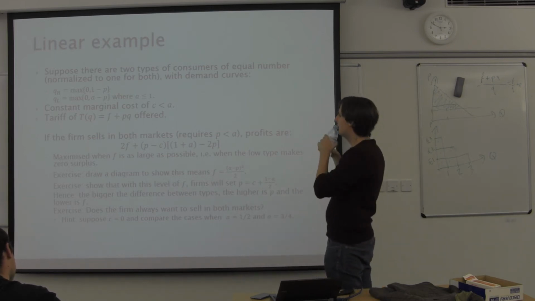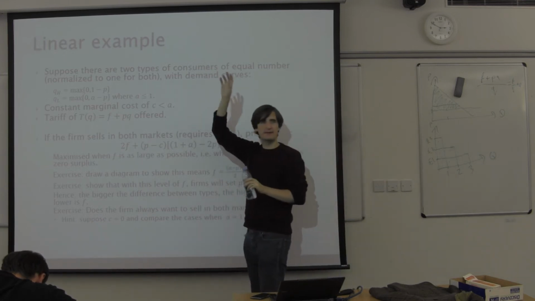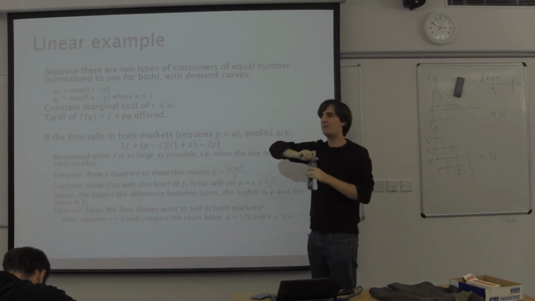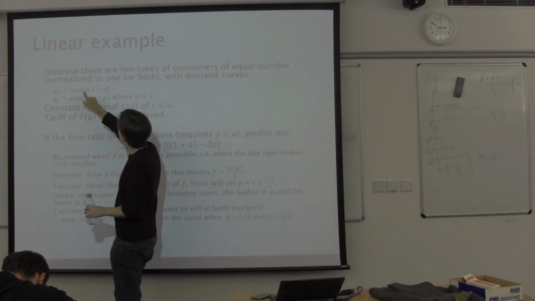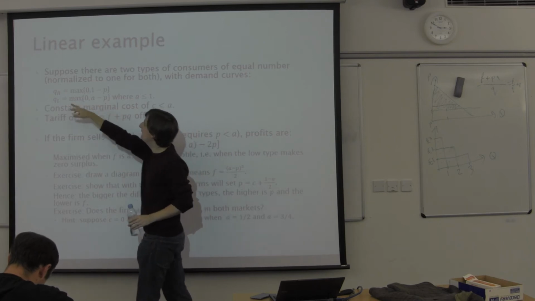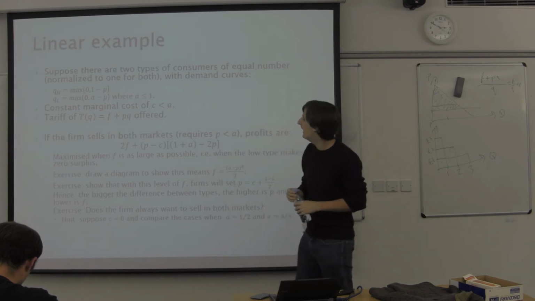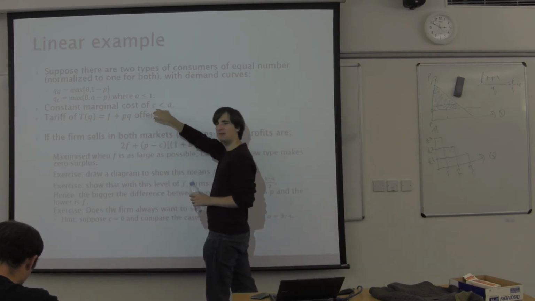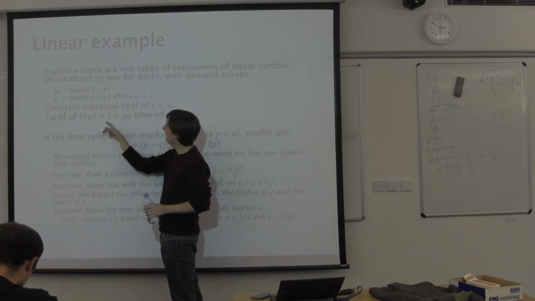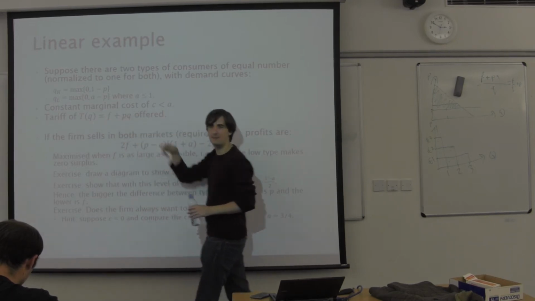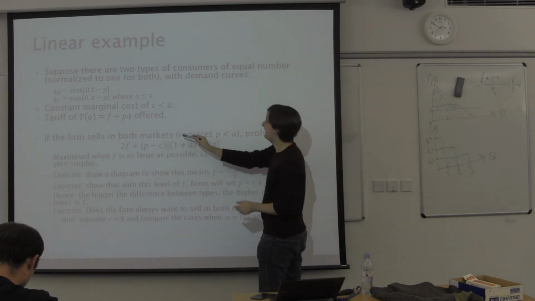So I've got a linear example here. So two types of consumers. There's one high value consumer and one low value consumer. That's the easy way to think about it. The high value types have a demand curve of 1 minus P. The low value types have a demand curve of A minus P, where A is less than 1. The firm has a constant marginal cost C, which happens to be less than A. And the firm is offering a tariff function like this, where they pay a fixed fee F and a price P per unit demanded. So if a firm decides to sell in both markets,